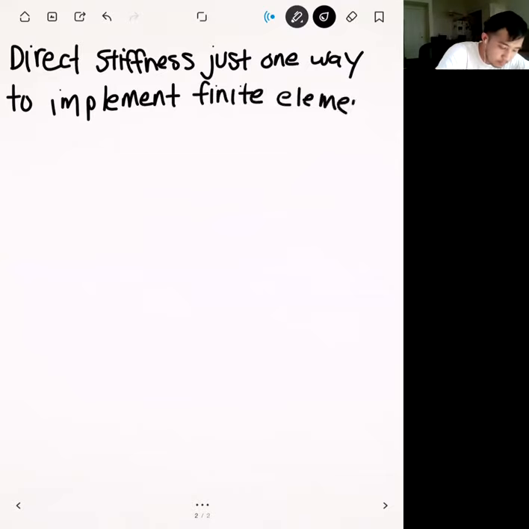And if you place direct stiffness in terms of its importance in the finite element pantheon,